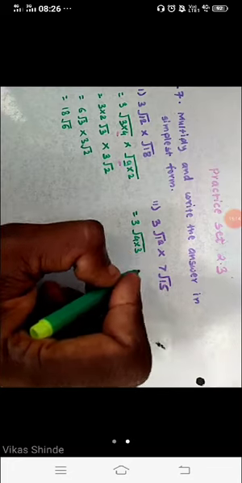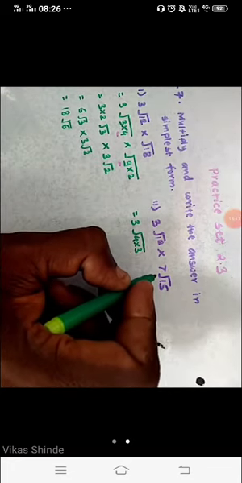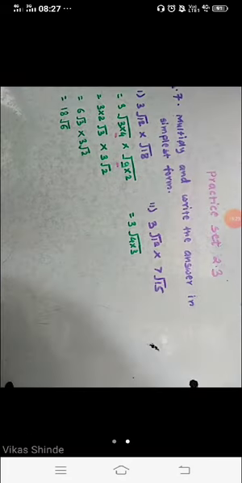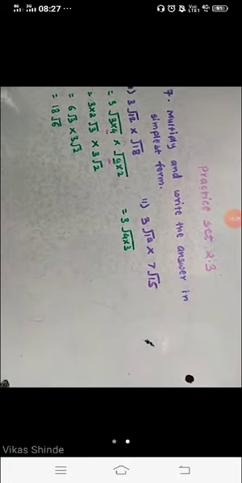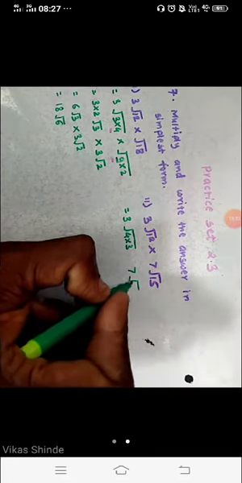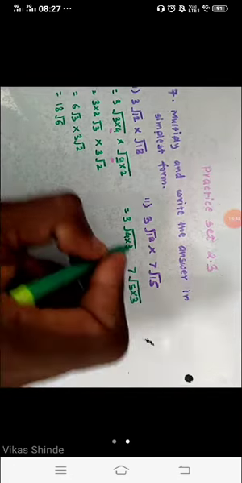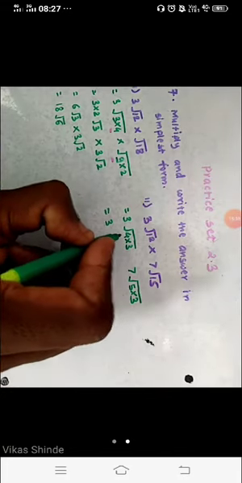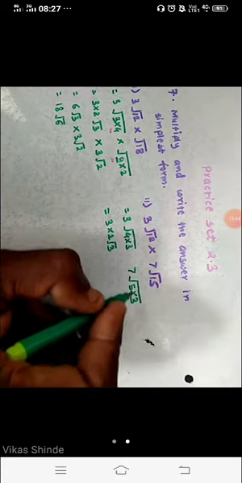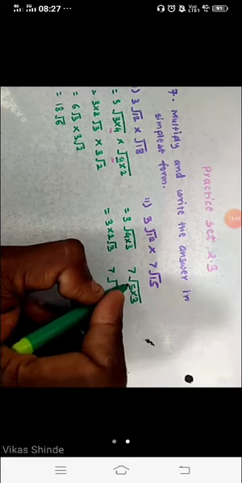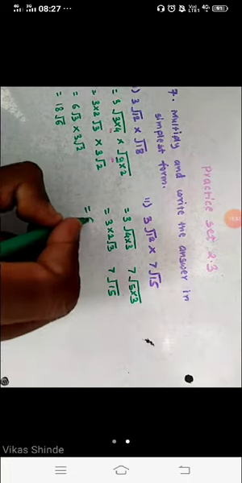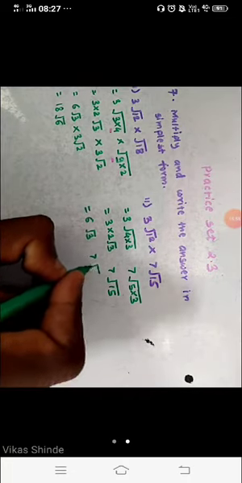Now here, student, for 15 only two factors are there. Which two factors? 5 3 the 15. Out of these two, suppose 5 into 3. Now take the square root of 4 here: 2 under root of 3. And here we write 7 as it is, because we are not able to take a square root here. So 5 3 the 15 once again. Here 3 into 2 is 6 under root of 3, and here 7 under root of 15.